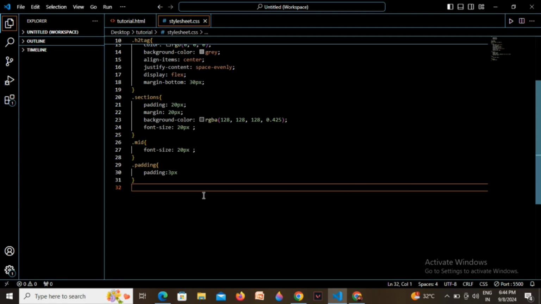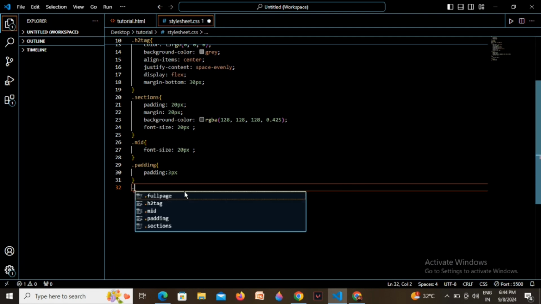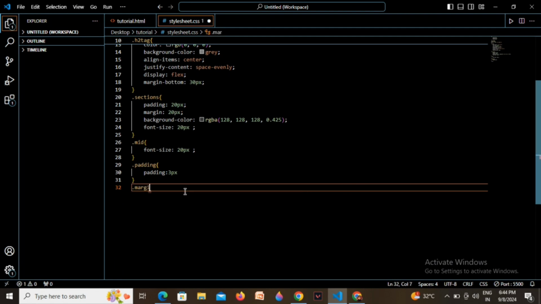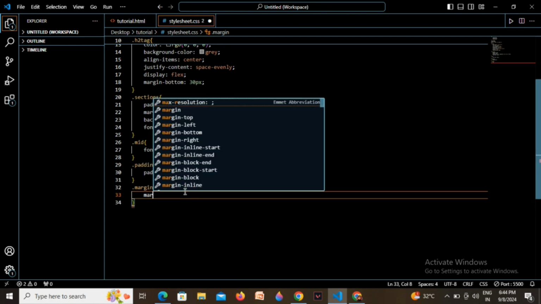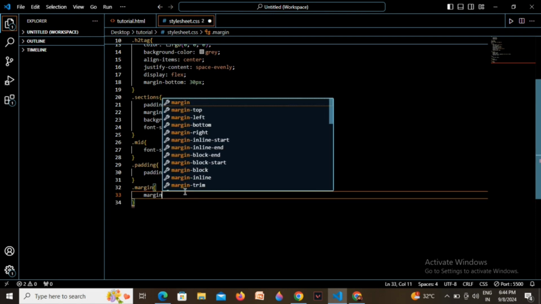So another thing which we can do over here is that we are going to create a similar kind of an element of margin. Then add margin again of 3 pixels.